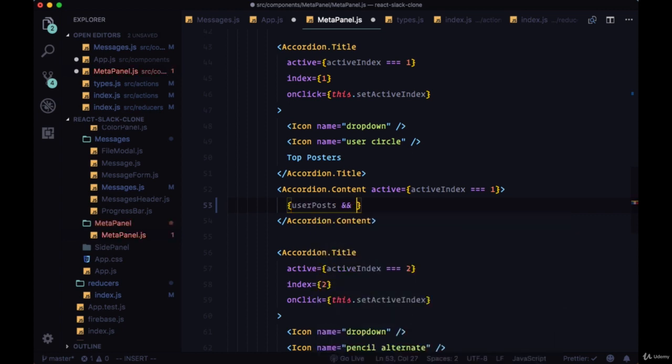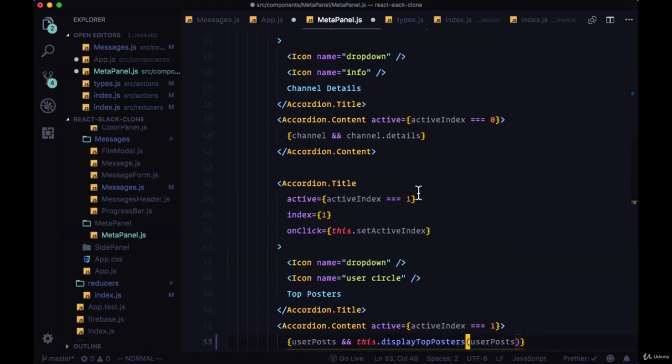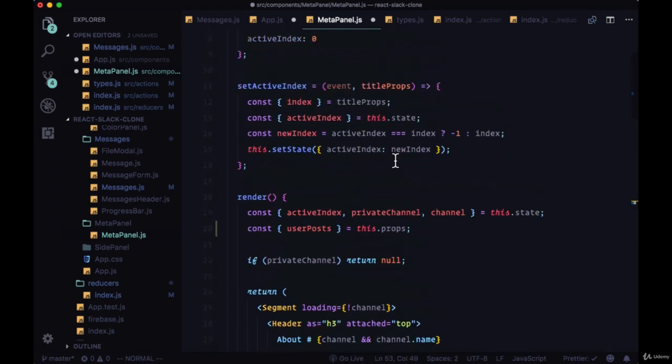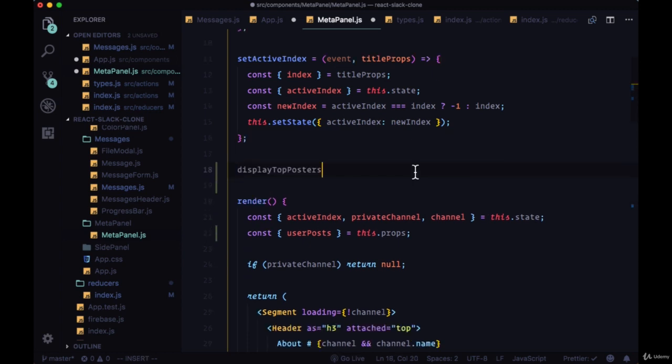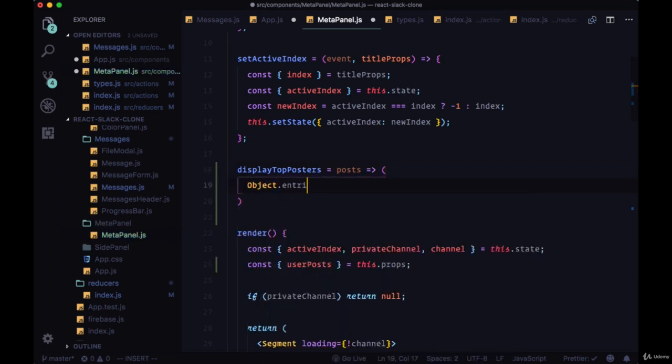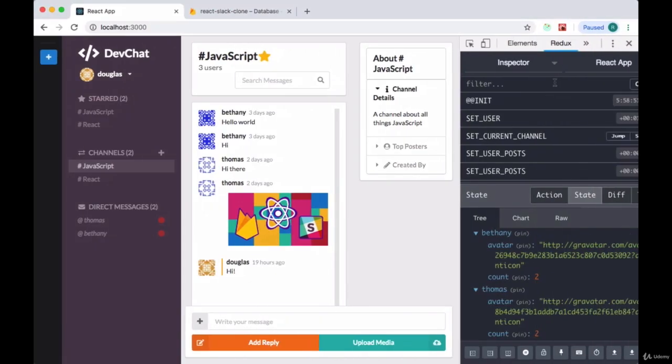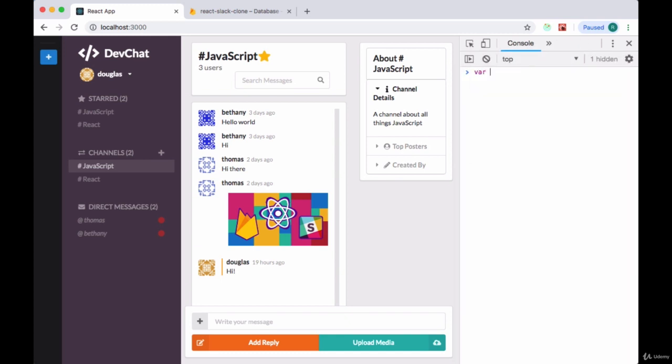We'll first check to make sure that we have a value for user posts, and if so, we'll execute a function called display top posters, which we'll pass the user post object to. So we'll create this new function above our render. Display top posters will take the posts, and to make this object easier to work with, we'll use the function object.entries. So it'll accept our post object that we're passing to it,